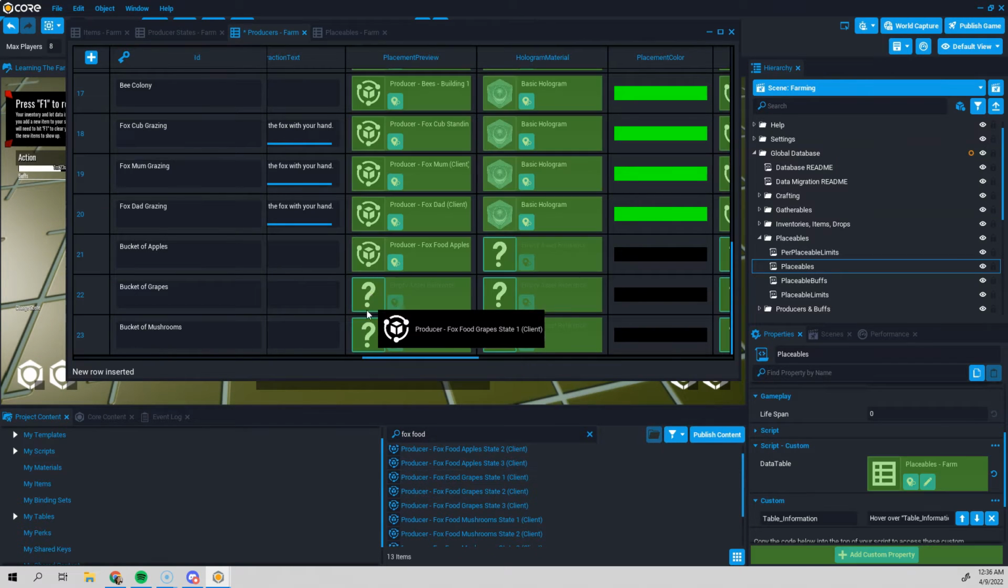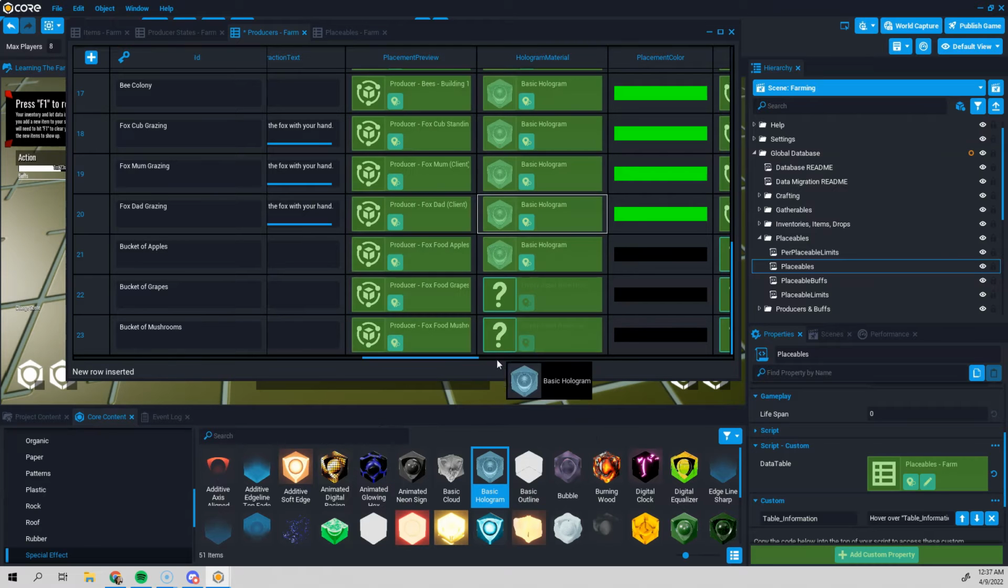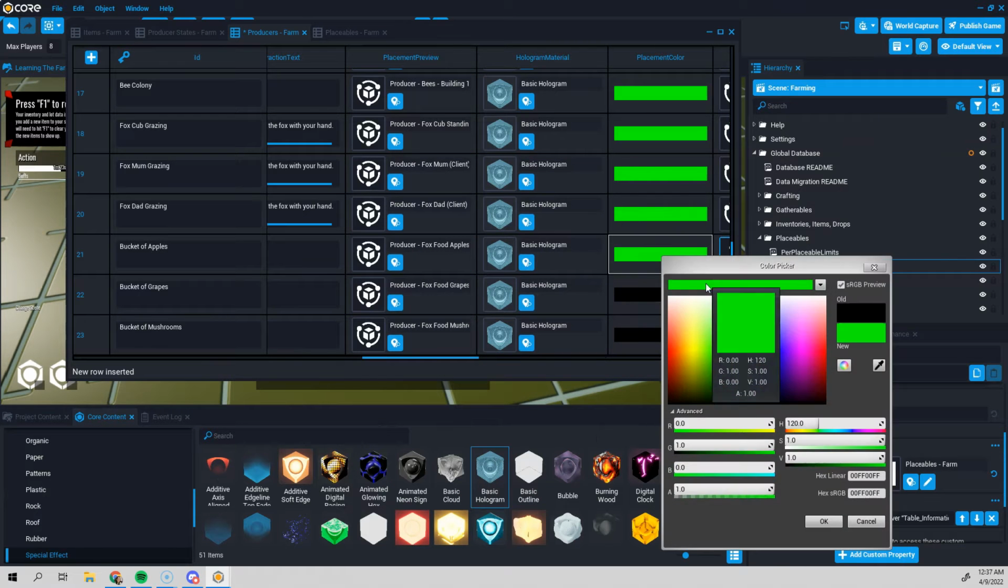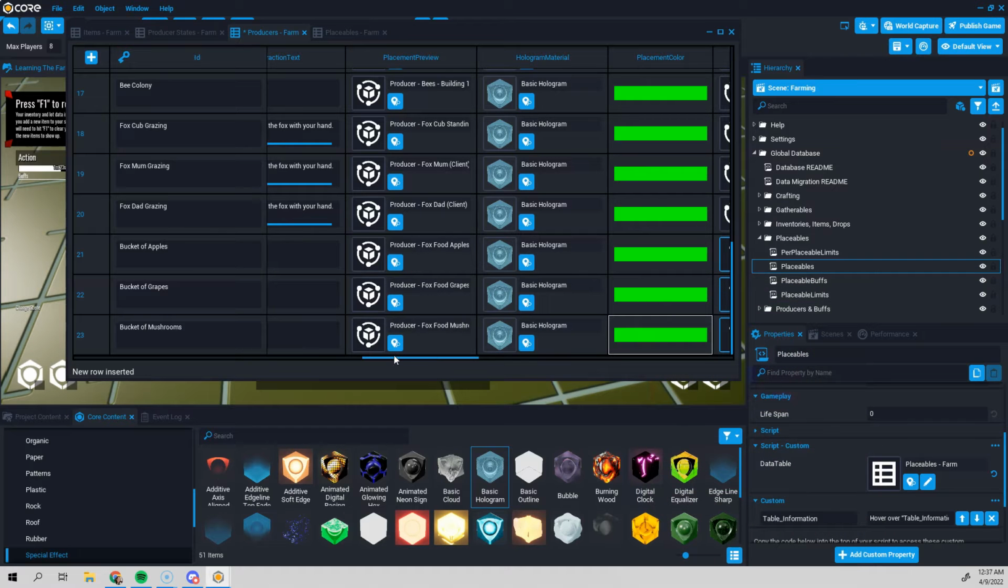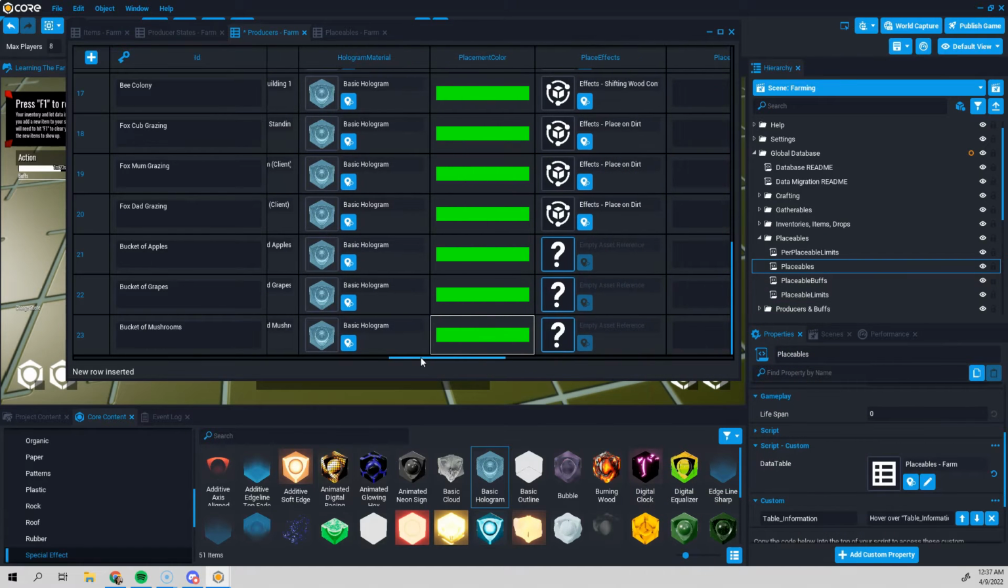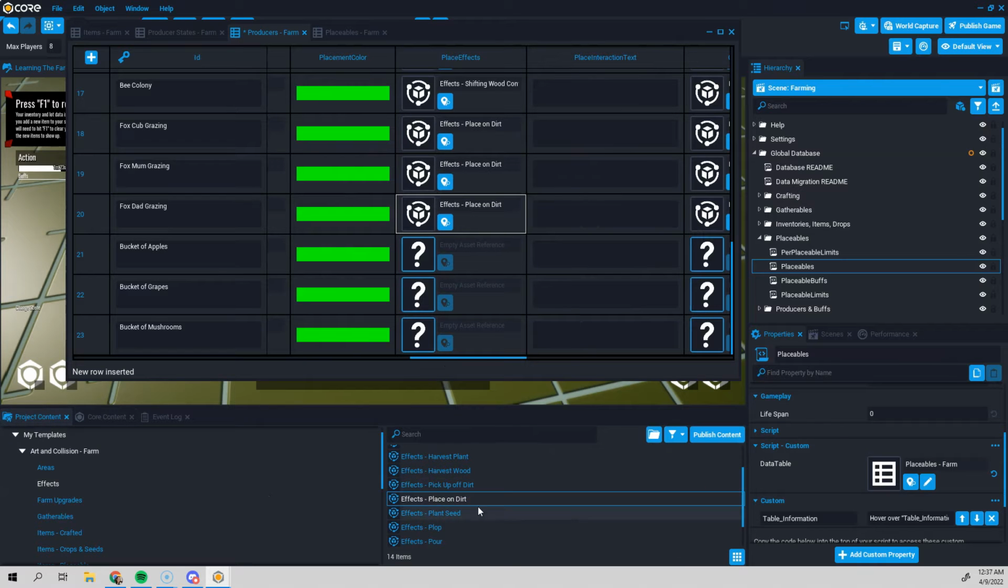Apples, grapes, mushrooms, basic hologram material is still fine. Green color is still fine. You can definitely change all this stuff if you want a different material or a different place color. For the place effects,